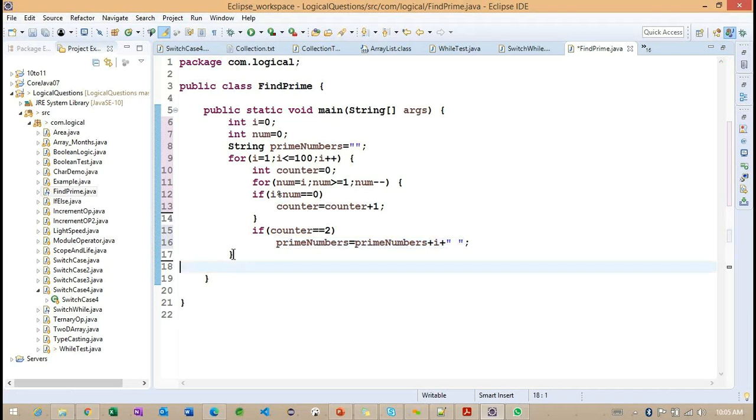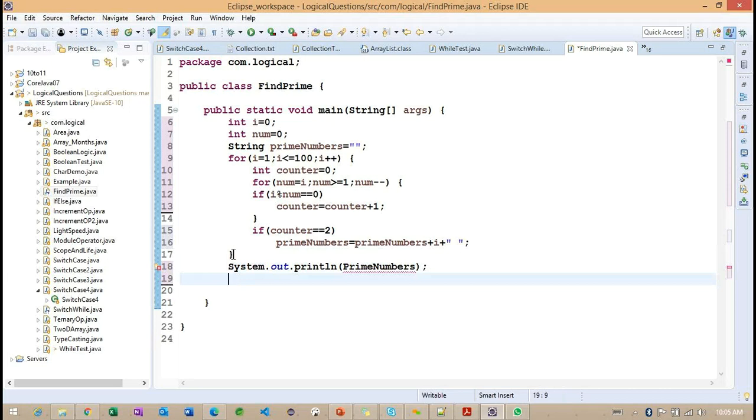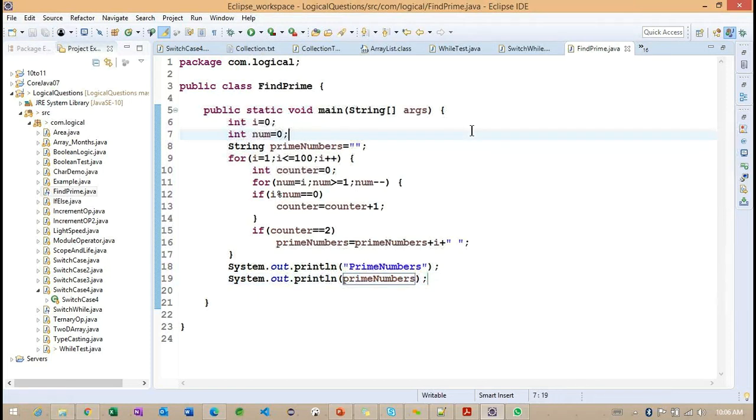And after this, we'll try to print the prime numbers. And sorry, this is the message I want to add. Here, this message we are going to print.